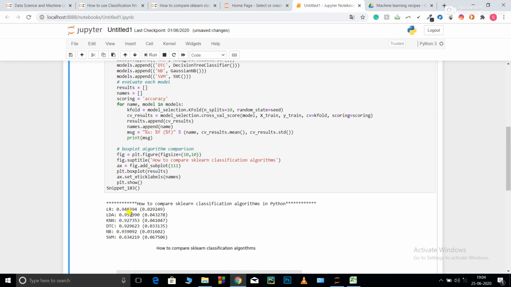Now I can easily pick up the best model. Suppose I want to go for LDA and KNN, because these two are different types of model. Now it is easy for me to pick up any two models and then go for further hyperparameter tuning, rather than picking up the models, hyperparameter tuning them every time, and then getting the best result.